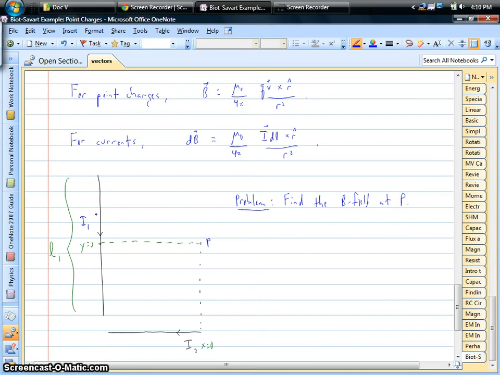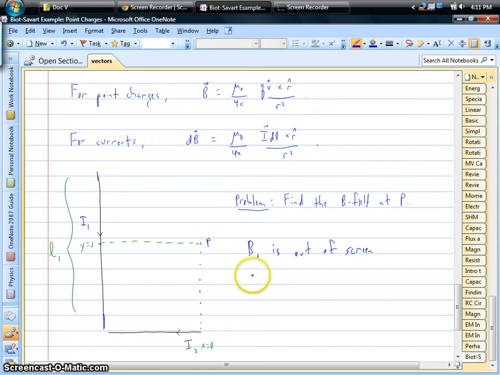Okay, so what we're after is how to set up an integral for each of these wires. Because we have two currents, we're going to have two different magnetic fields. Not only that, but if you look at the direction of the currents, let's say for current 1 in the vertical wire, if we do the curly right hand rule, that is, if we take our right hand and point our thumb down in the direction of the current, our fingers are going to curl in a way where the magnetic field coming from current 1 will be out of the screen